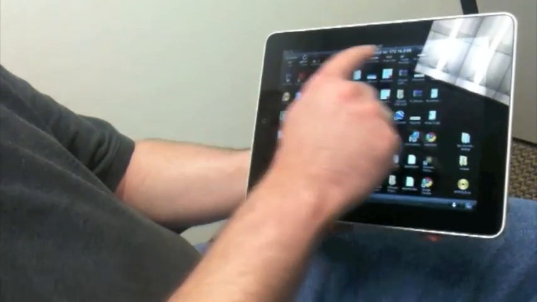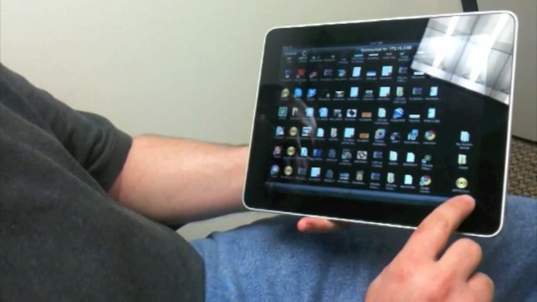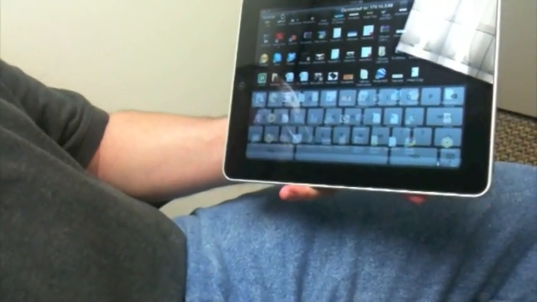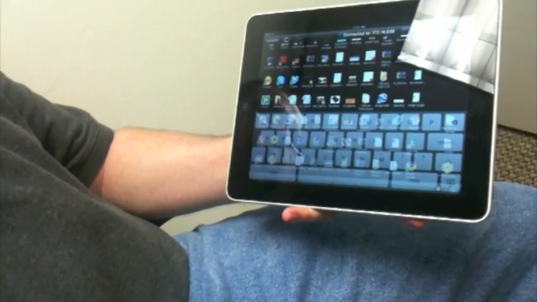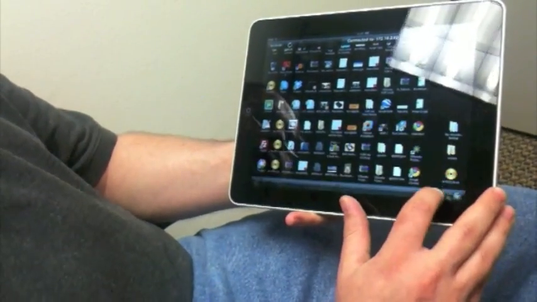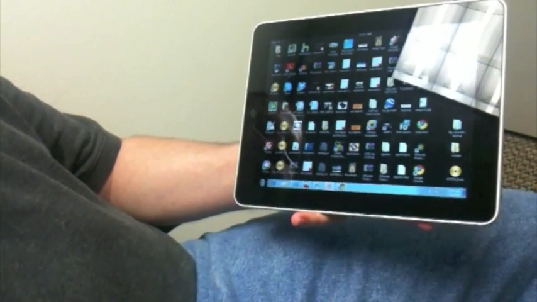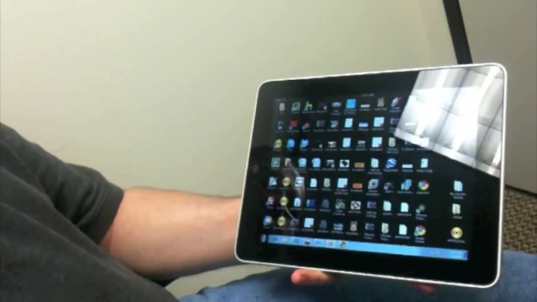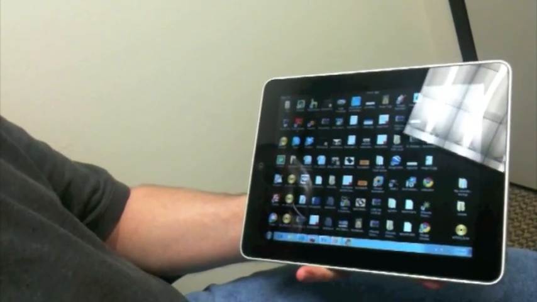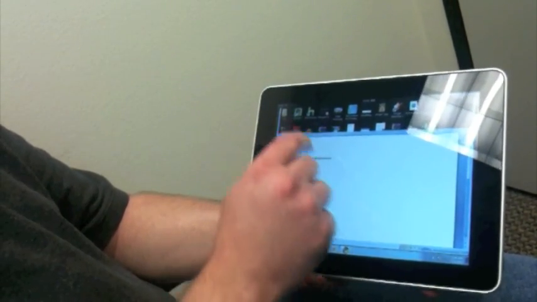You also see a status bar across the top and another control bar at the bottom over here that lets me load up a local iPad keyboard that I can use to enter text into my Windows applications. I'm going to hide these for now, and as I do that, you see that the Windows Start bar will show up. So first, let me give you an example of a simple Microsoft Office application like Microsoft Word, and